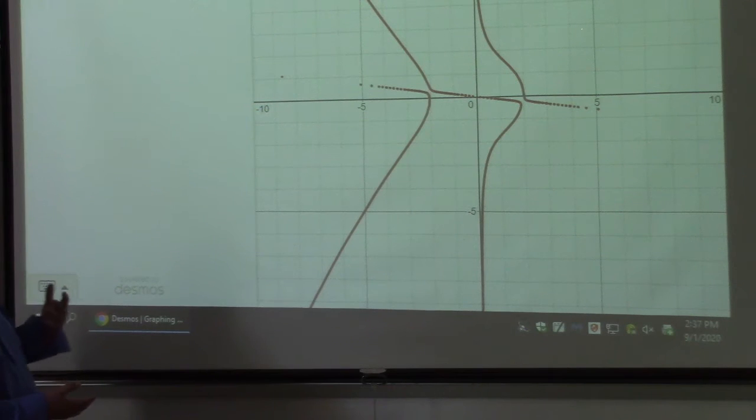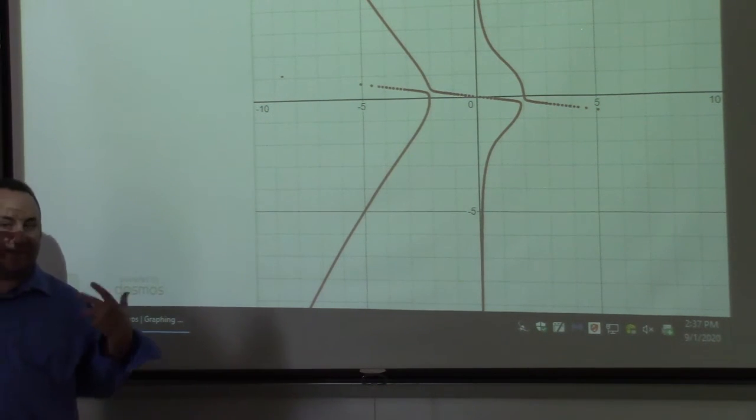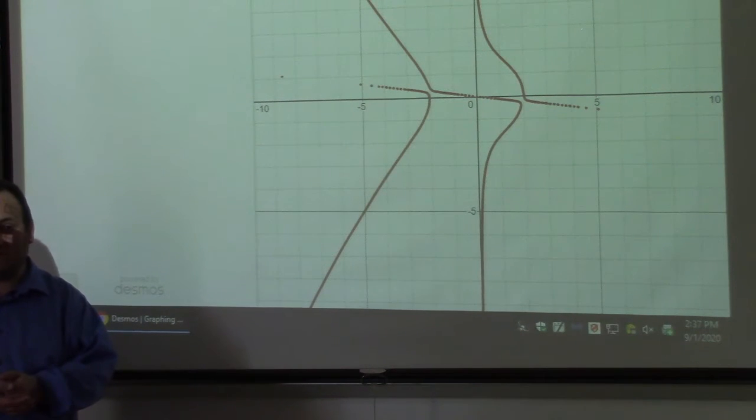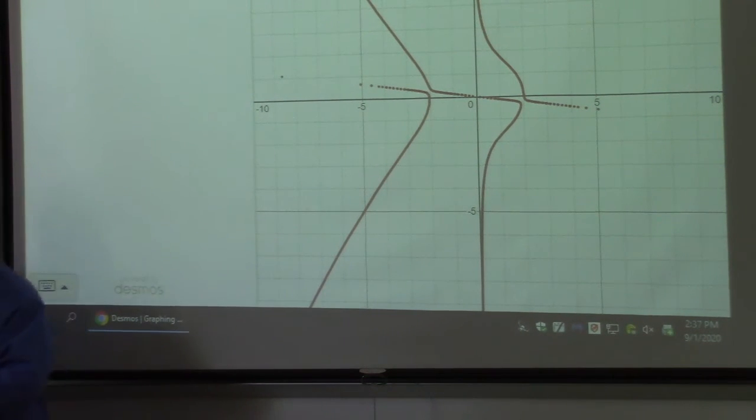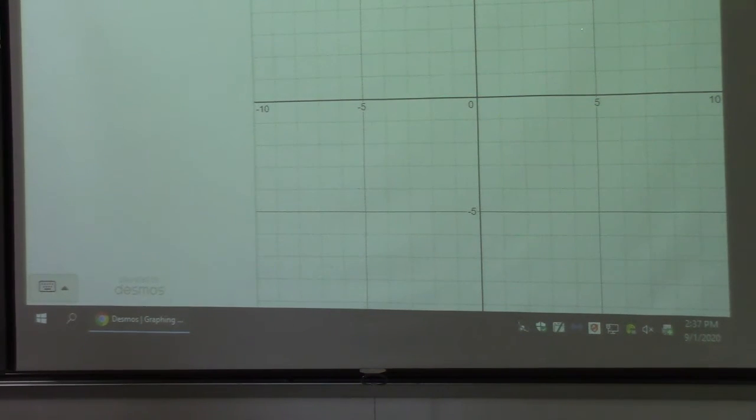But anyway, the bigger picture I'm trying to tell you is you can make almost any shape you want with equations if you're sufficiently clever. I mean, here, check this out. Suppose I want two lines. I want the line y equals x, but I also want the line y equals